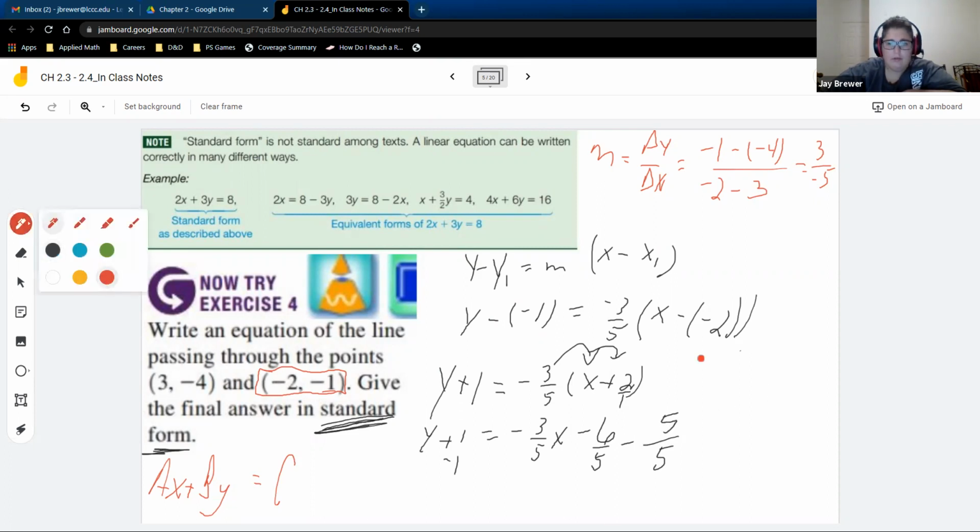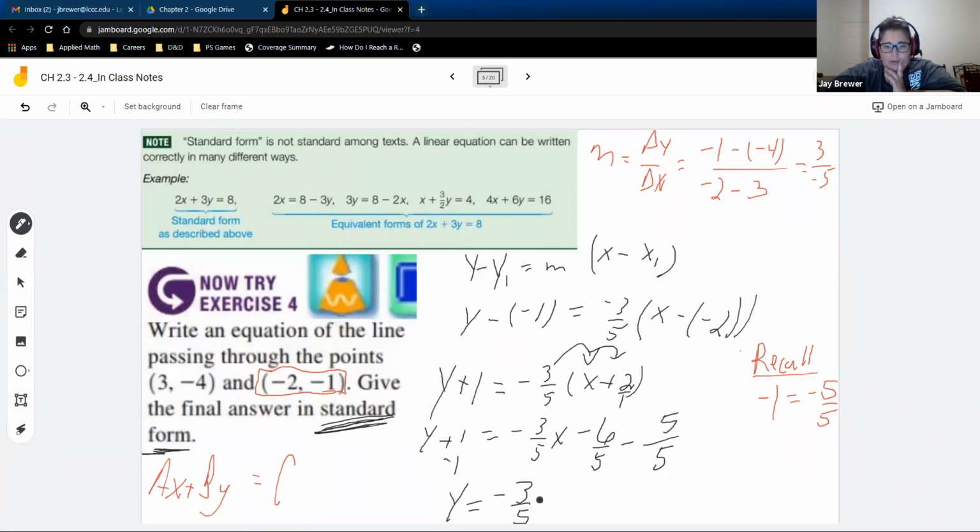So recall over here, -1 is the same as -5 over 5. Okay, and that's just going to help us out. So we're going to have y equals -3/5 x minus 6 minus 5 will give us a -11